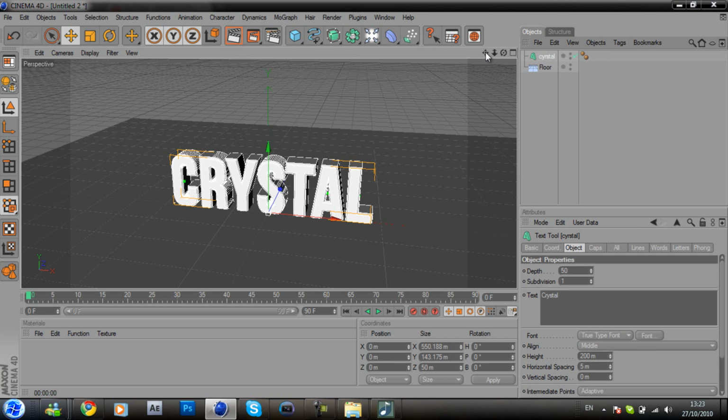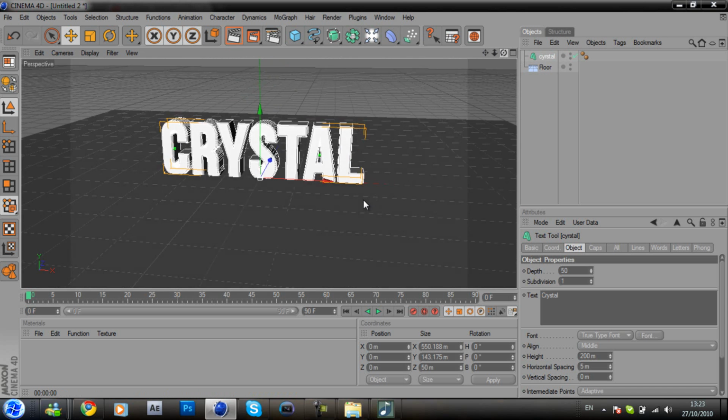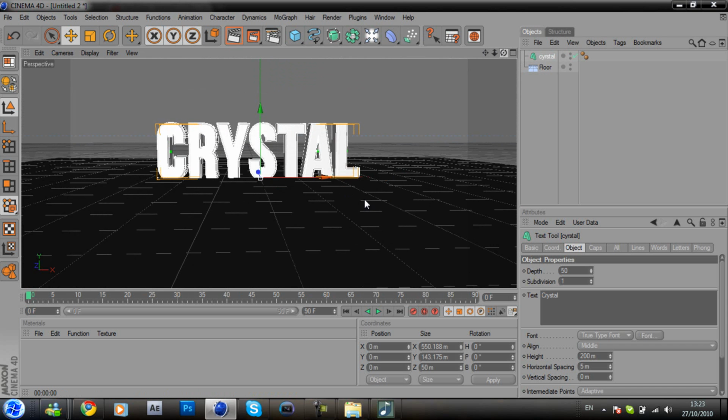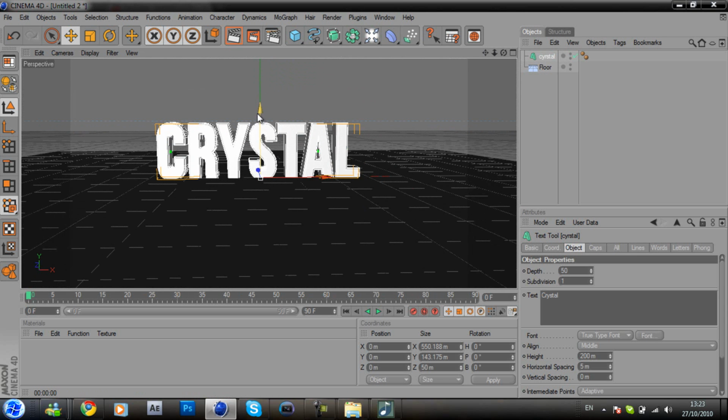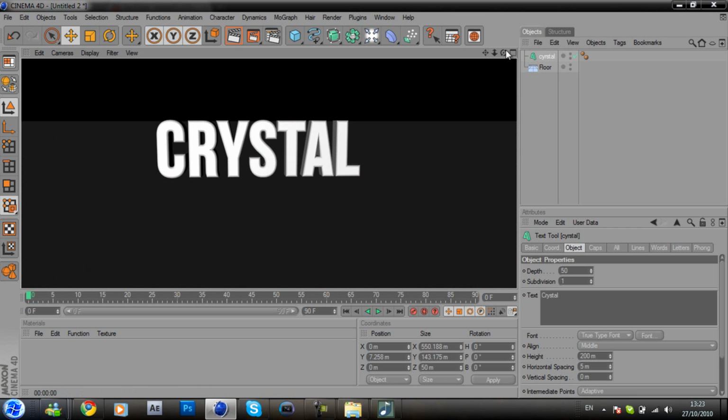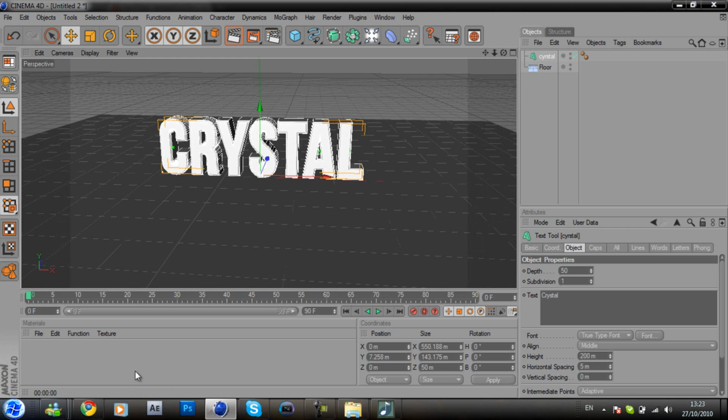Okay, so now we've got that. Go to the front view with the rotation tool, click on your text object, so you've got these arrows, and just drag it up so it places on the floor. Okay, now we want to create our materials by going down here in the bottom left hand box, double click,